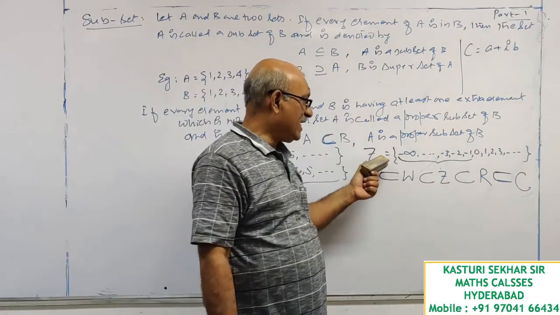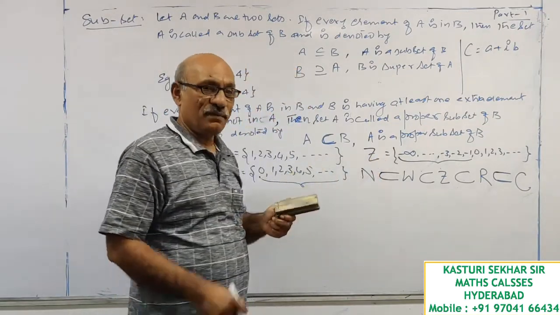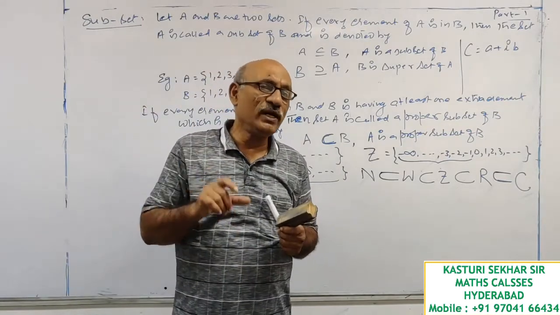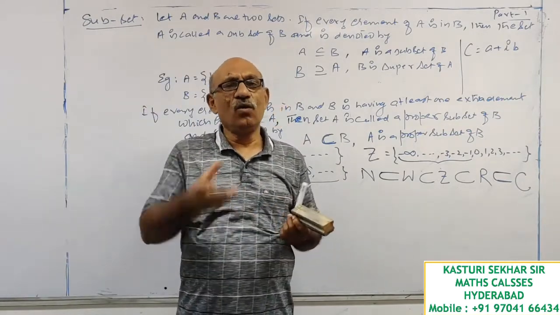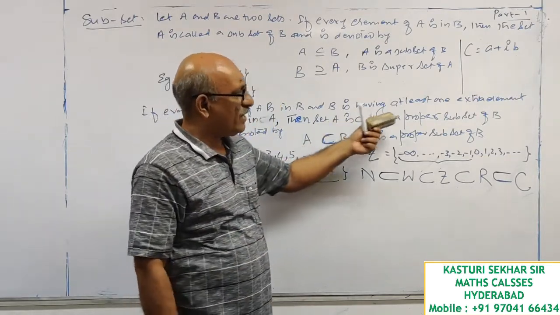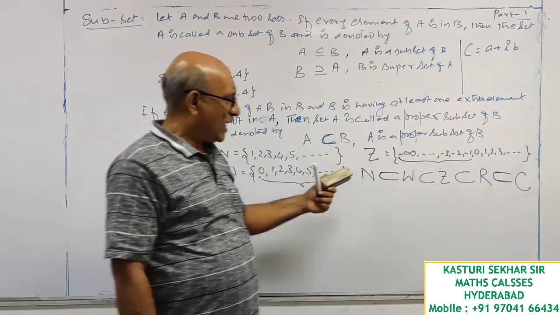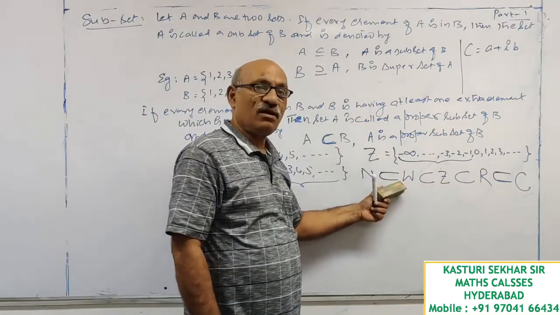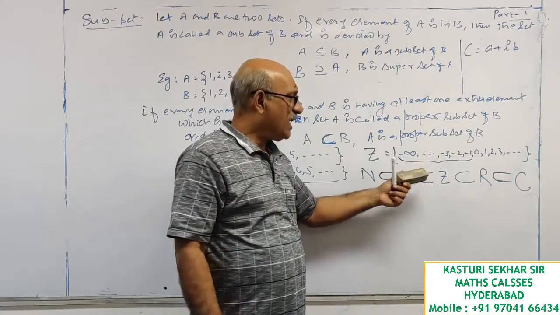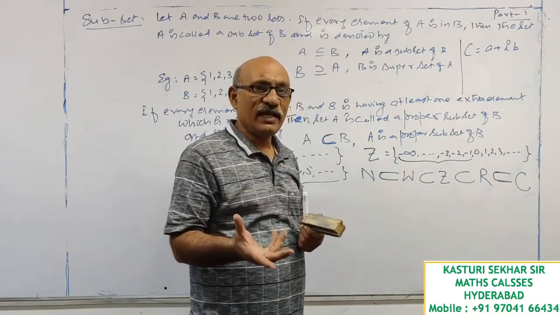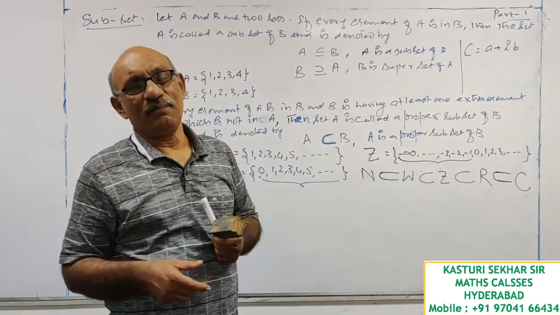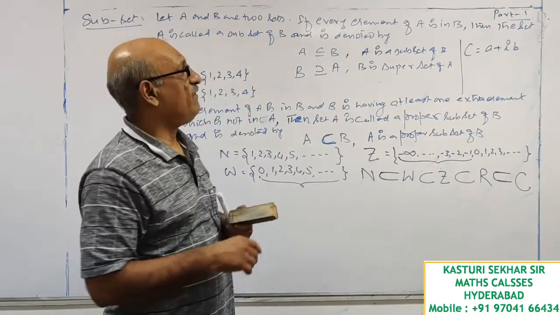In the same manner, when I compare integers and whole numbers, integers have negative numbers which whole numbers do not have. This way you can define a proper subset. So natural numbers is a proper subset of whole numbers. Whole numbers is a proper subset of integers. Integers is a proper subset of real numbers. Real numbers is a proper subset of complex numbers. This way you can define the subset.